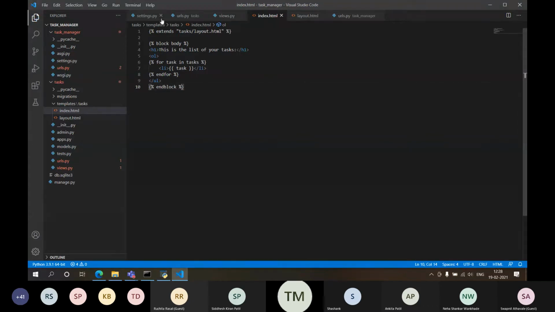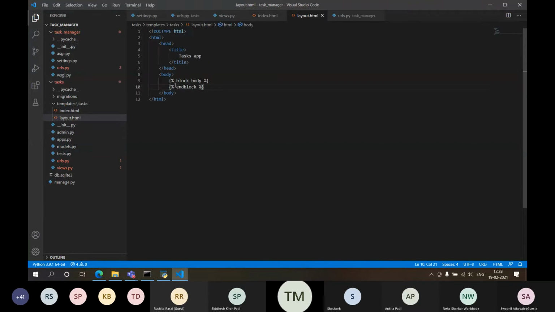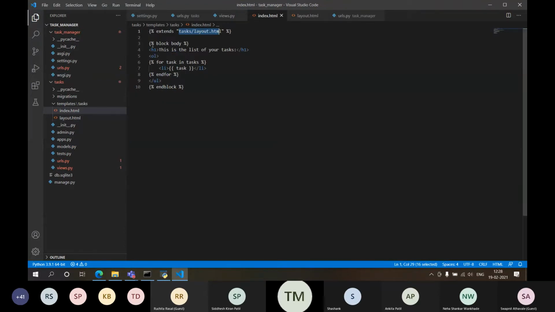What will it do? It will extend this. Okay, so whatever is written in the layout.html, it will bring it over here. And in layout.html, it will check, oh, block body is written. So wherever it is written block body, inside it, whatever is there, it will put in this particular file and it will show you, right?